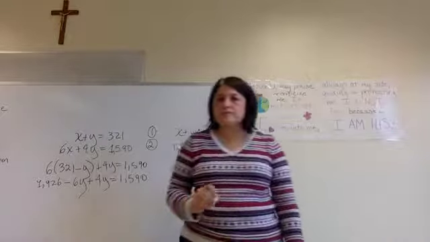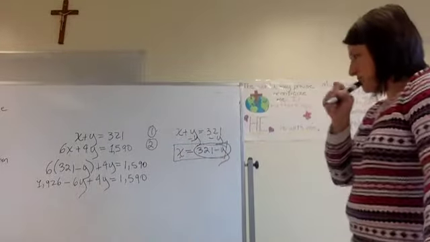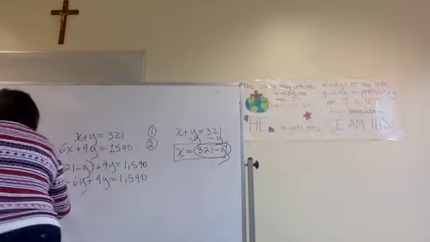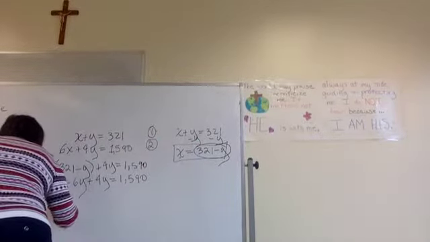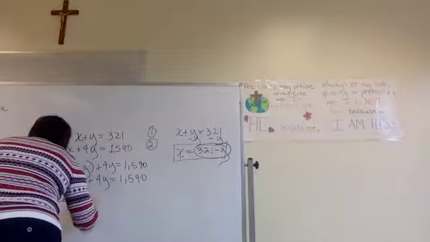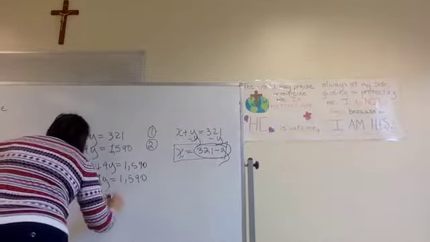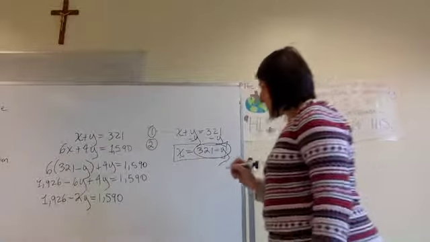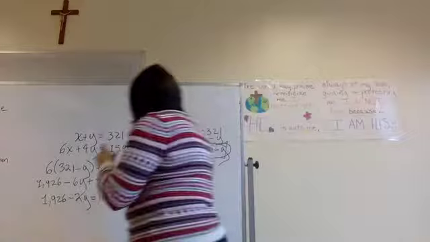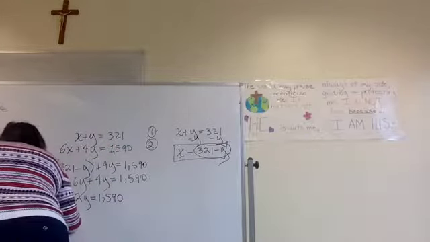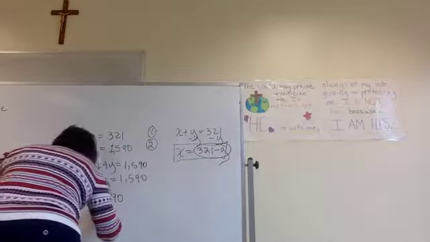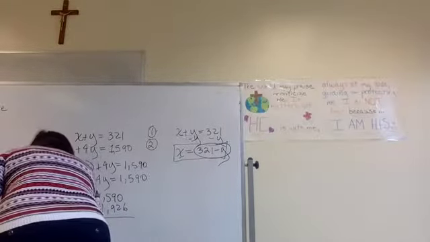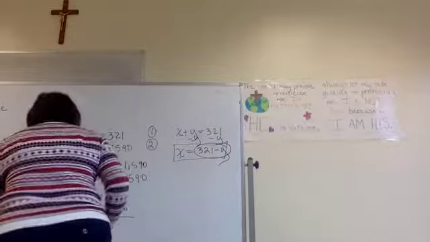Okay, David, what do I do next? Now you simplify the equation and add the y's together. Okay, and what am I going to get? Negative 2y. Yeah, minus 2y equals 1,590. Okay, and Asher, what do I do next? You subtract 1,926 from each side. Okay, so this goes out. I get negative 2y equals